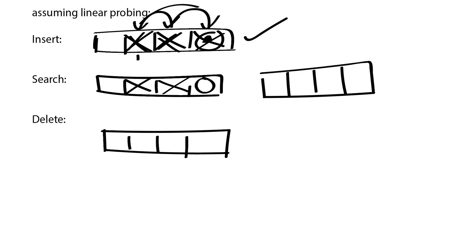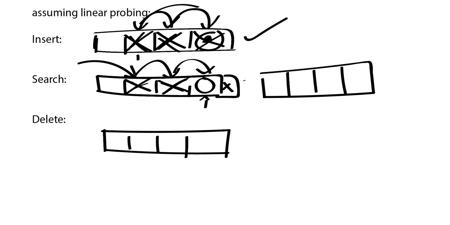There's one case where we can talk about something being found, and one case where something's not found. So let's say there was something here that was taken, but this spot was empty. First of all, we search for a key, and it first hashes to this index. We search here, we don't find it, we probe. We search here, we don't find it, we probe. We reach an empty spot, and we don't even need to go any further, because we know that